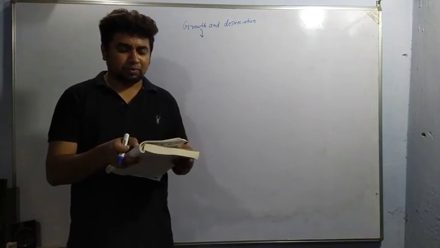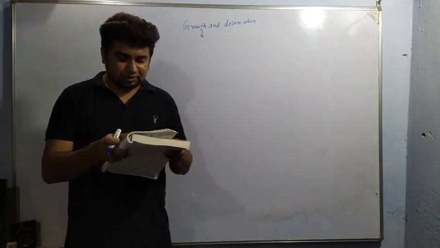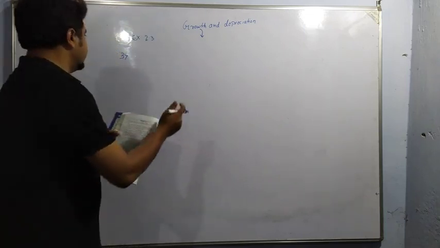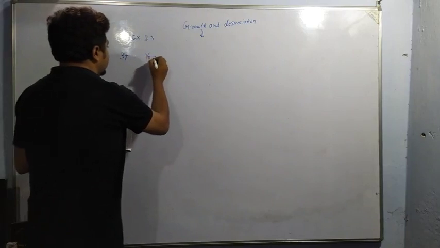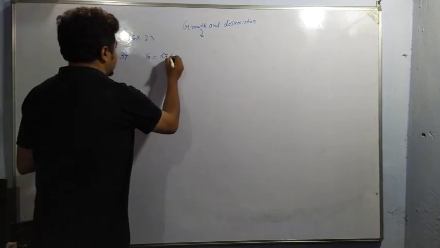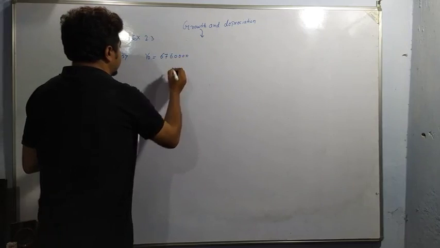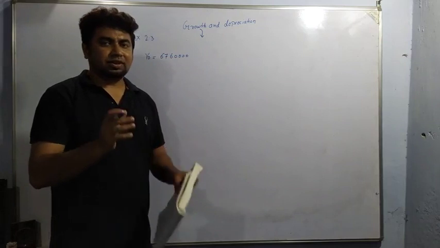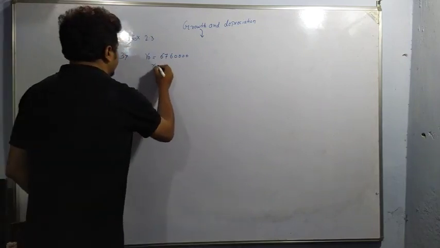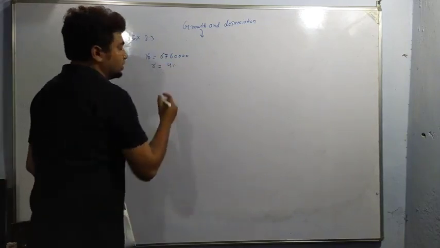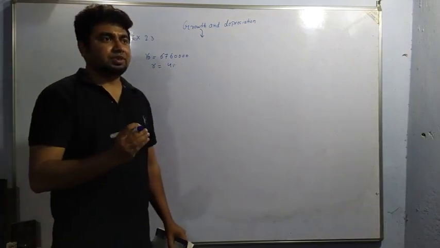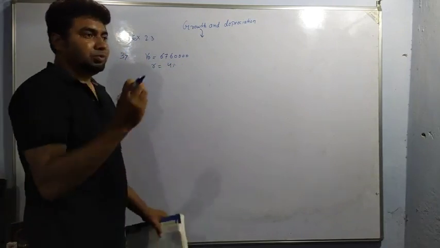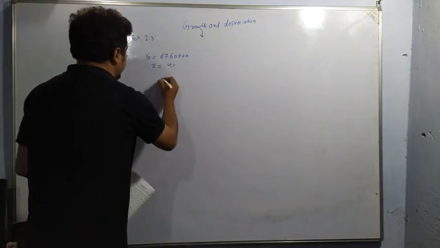So if its present population is 67 lakh 60,000, this is the present population, and we can write it with respect to V naught. V naught is equal to 67 lakh 60,000. We have to find its population 2 years hence, and the rate is uniform, 4%. In the previous question we have seen that the rate was changing every year. In this question it is uniform, 4%. We have to find the population after 2 years. So what will the population be?